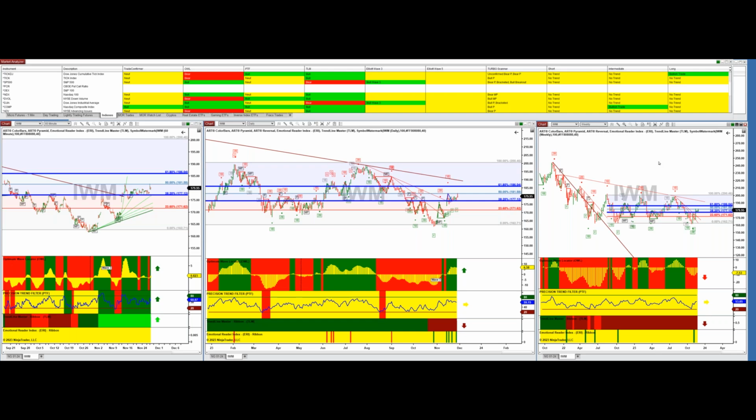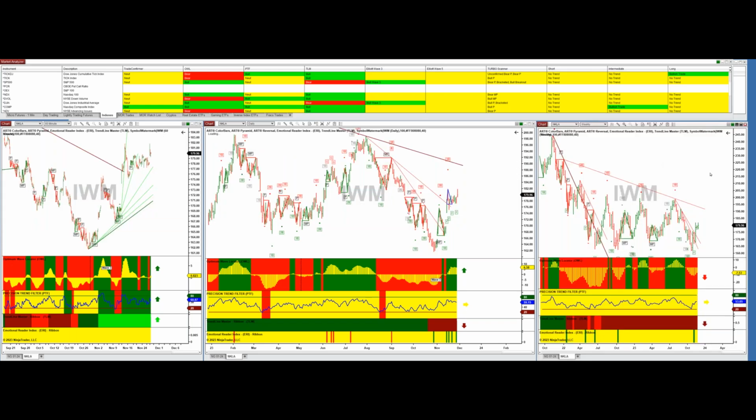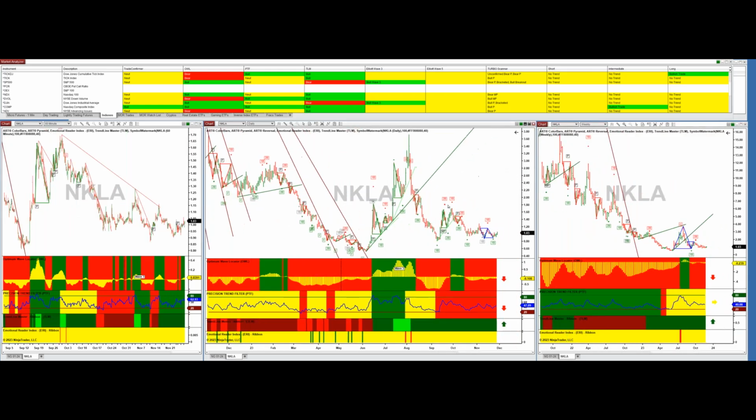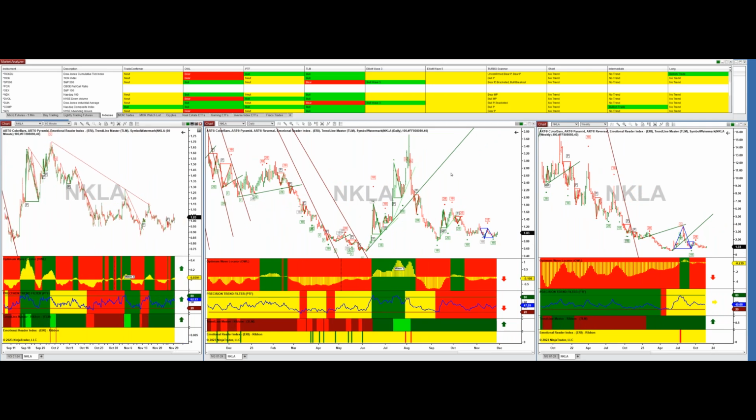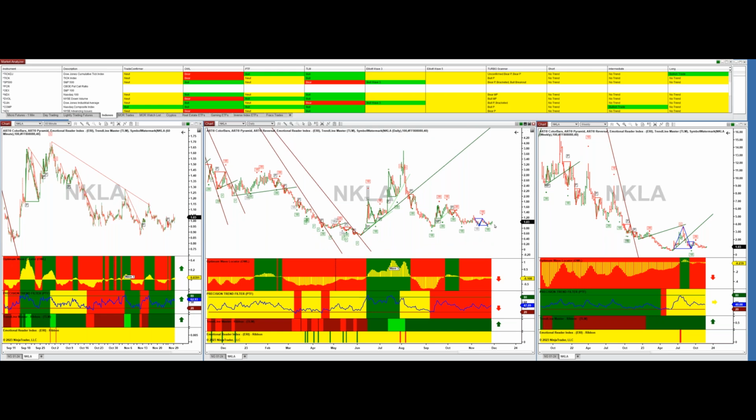All right, NKLA. Let's take a look at that one, Alexander, for you. So not quite ready. I would not trade this. Still got a red PTF, and we're still kind of skidding along the bottom. So this indeed could be a bottom, no question. This PTF says it's going to go a little lower than this, but that doesn't mean it's going down to the bottom. I would just wait until you don't have a red PTF any longer on the daily, and then that may be a real good one. So keep an eye on that one.